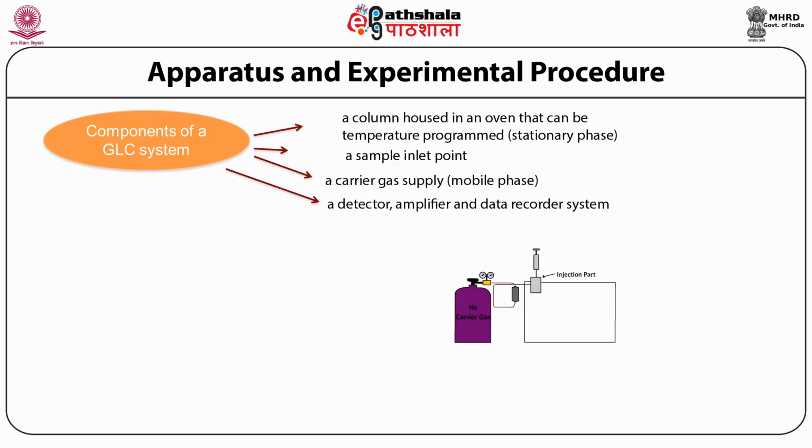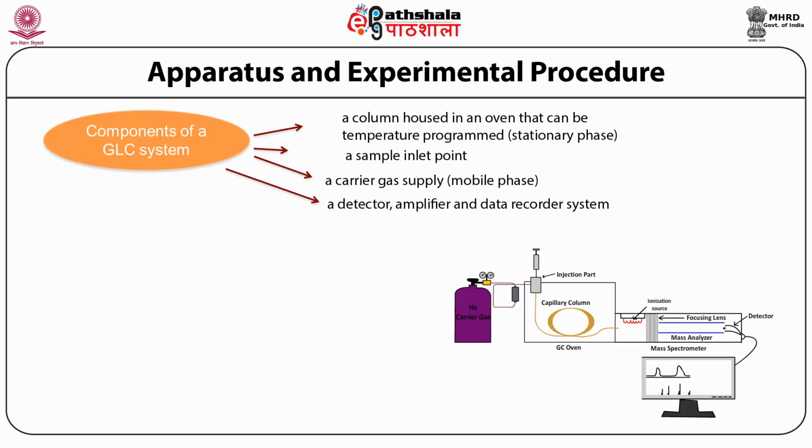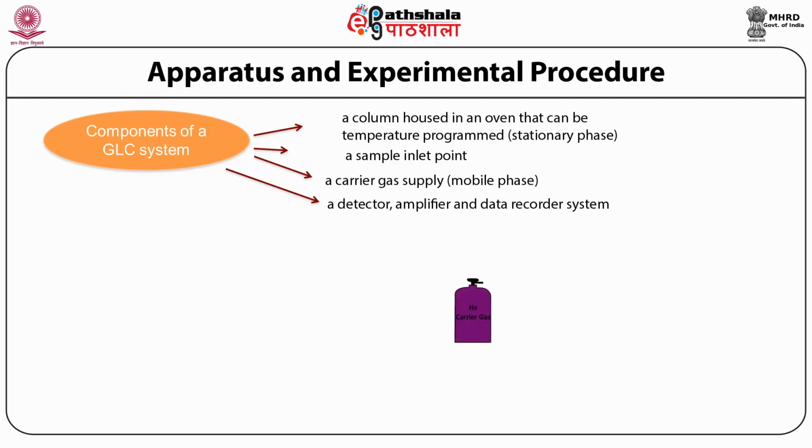The purple container here, which is marked as the carrier gas container, carries the inert gas like helium. This inert gas is blown through the tube, and just at the top of the column, where you see the arrow showing the injection port, there is a preheater. So what is the role of this preheater?